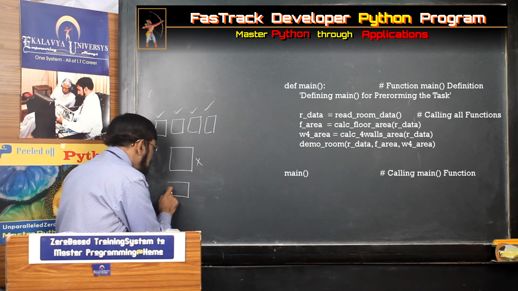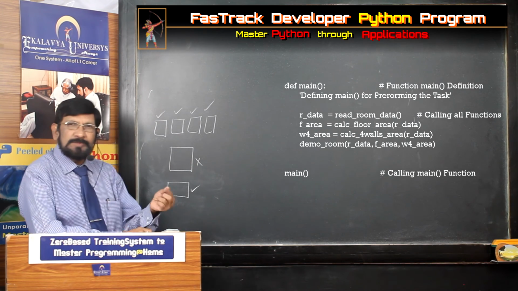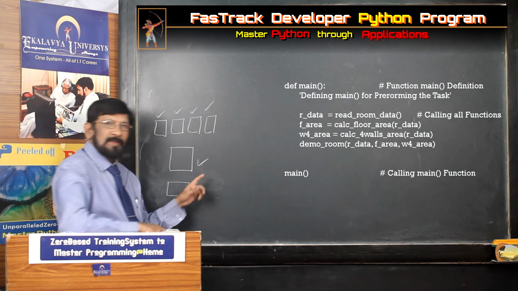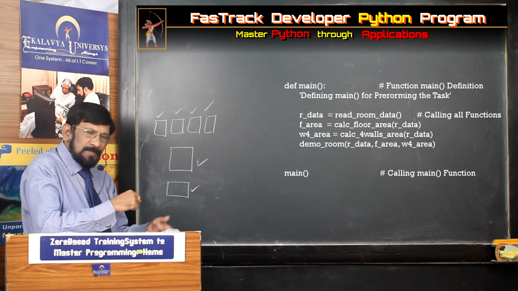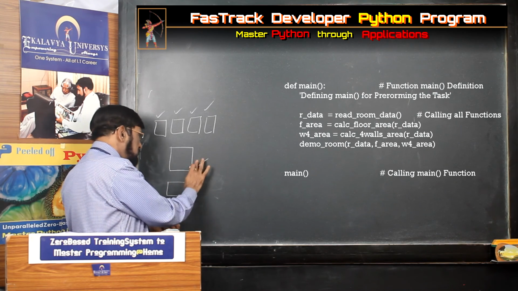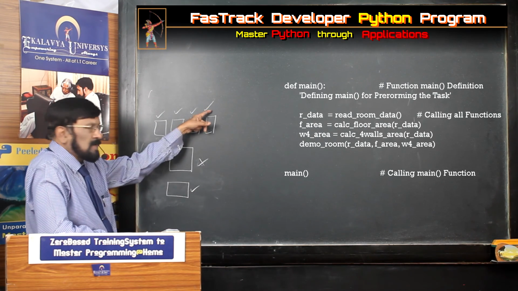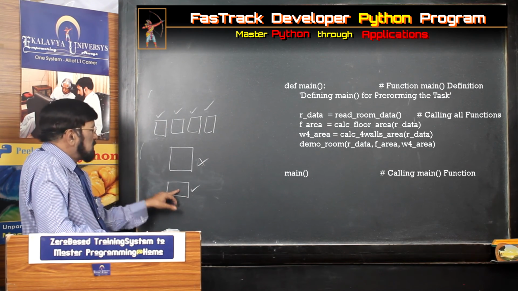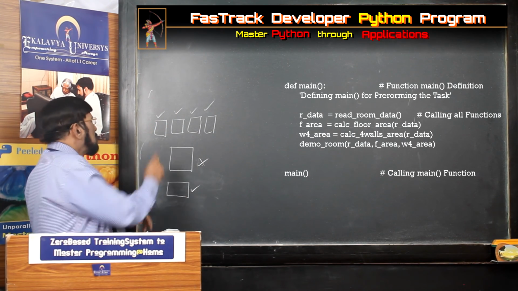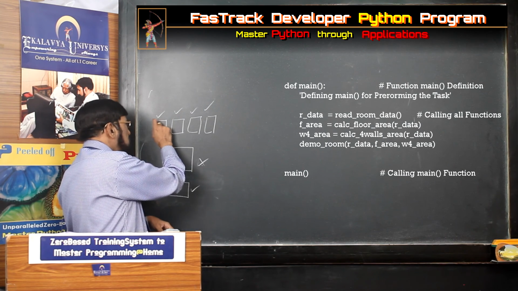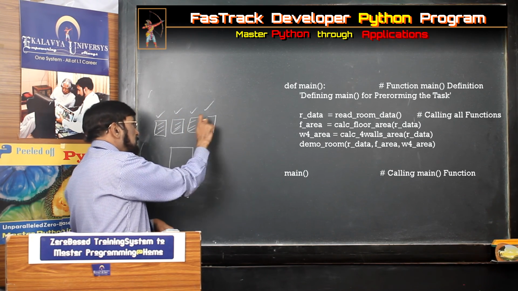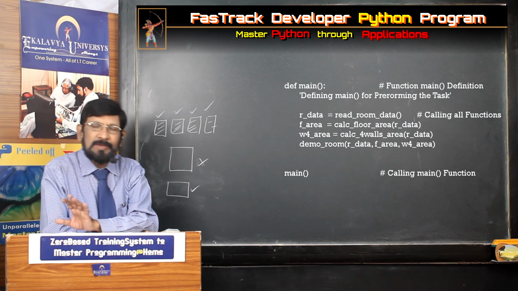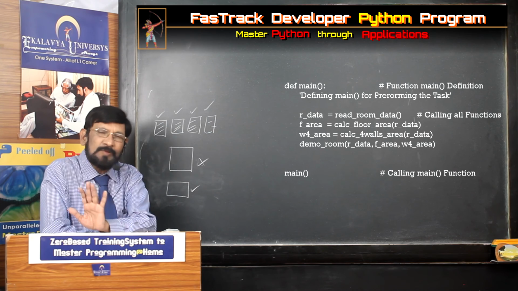Now you are calling the main. Calling the main means you are switching on the main. Originally main is off. That's why these are not working, even though those are on. Okay. Then in turn what happens, you know that. All these are executed one by one. All are working one by one. Automatically you get the expected result out of the program.